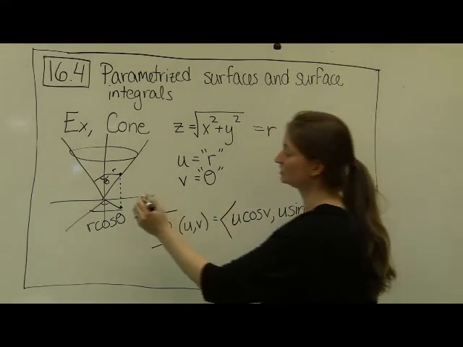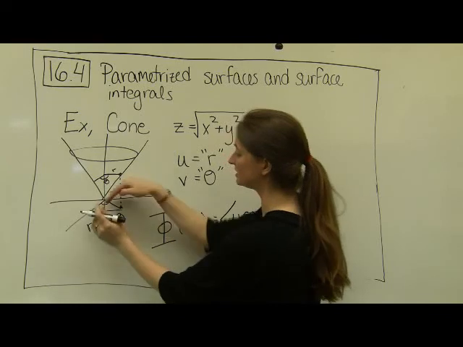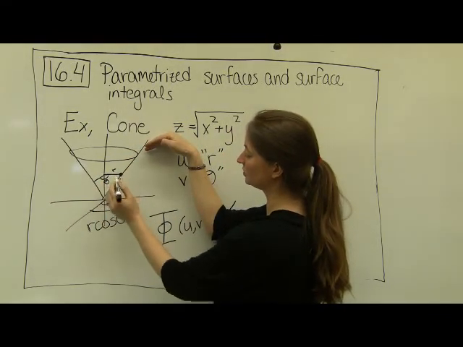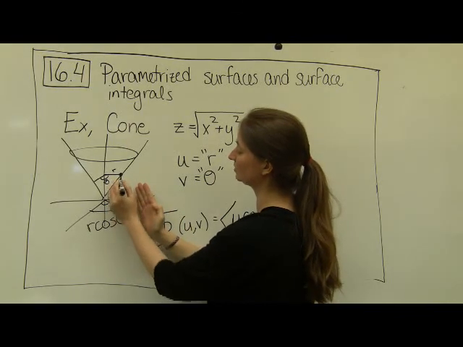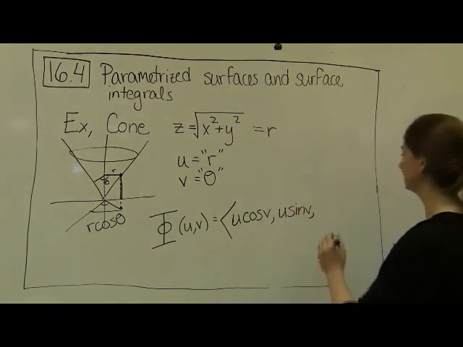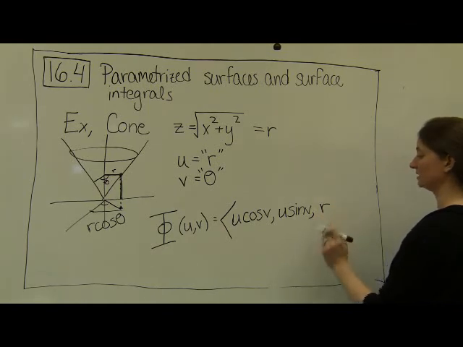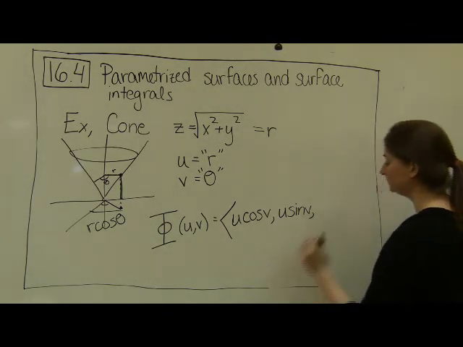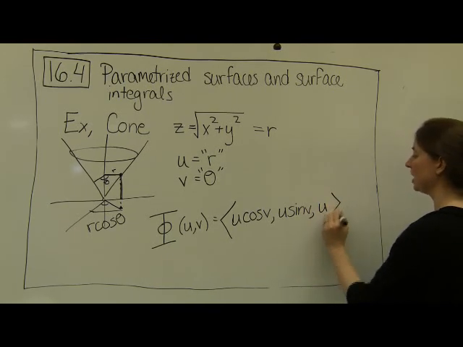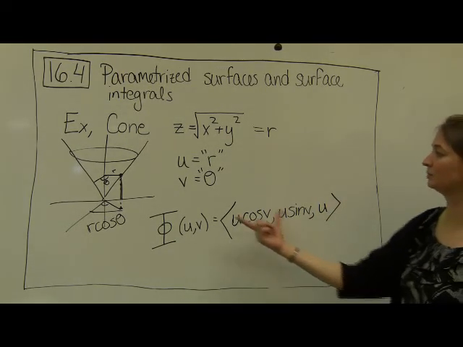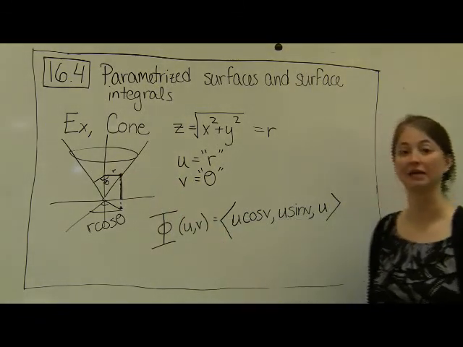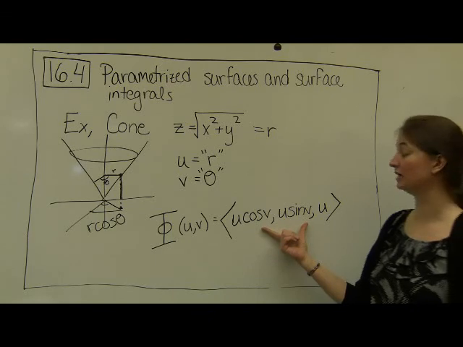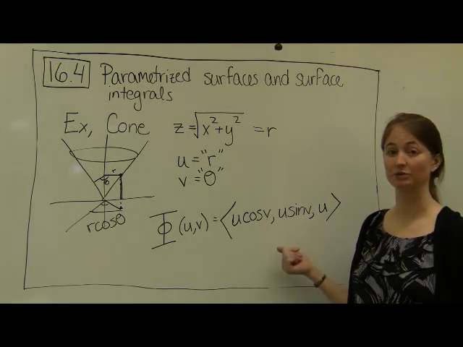Another way that we can do that is just to assess visually. We know that the slope of the cone is exactly equal to 1. So if my r is equal to 1, my z, this height right here, would also be equal to 1. My heights are equal to the radiuses. And in this case, we're letting u represent r. So I'm pointing out that this is an alternate way to parameterize this particular cone. And it's a parametrization that now might allow us to do integrals a little more easily than if we had square roots trapped up in